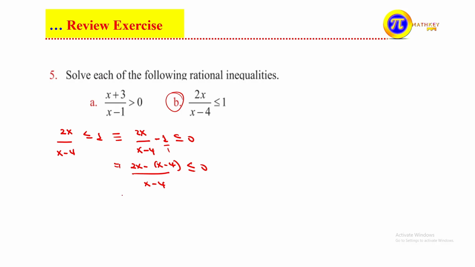Let's try to simplify እናድርገው መጀመሪያ 2x minus x that is x ይሆናል, minus 1 times minus 4 ይሆናል that is plus 4 ስለሚሆን plus 4 over x minus 4 less than or equal 0 ይሆናል ማለት ነው። ይሄኛው in other words, በዚህ አይነት መንገድ ኤክስፕረስ አድርገን after we express in such form, let's try to apply sign chart እናደርጋለን።